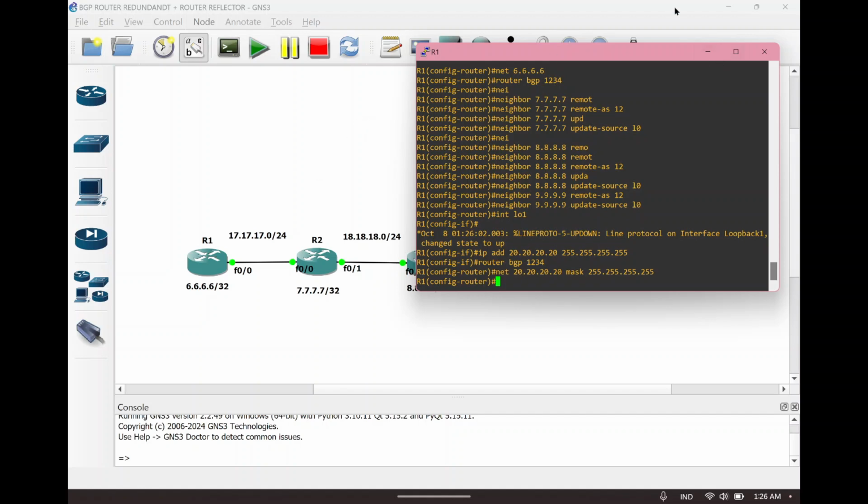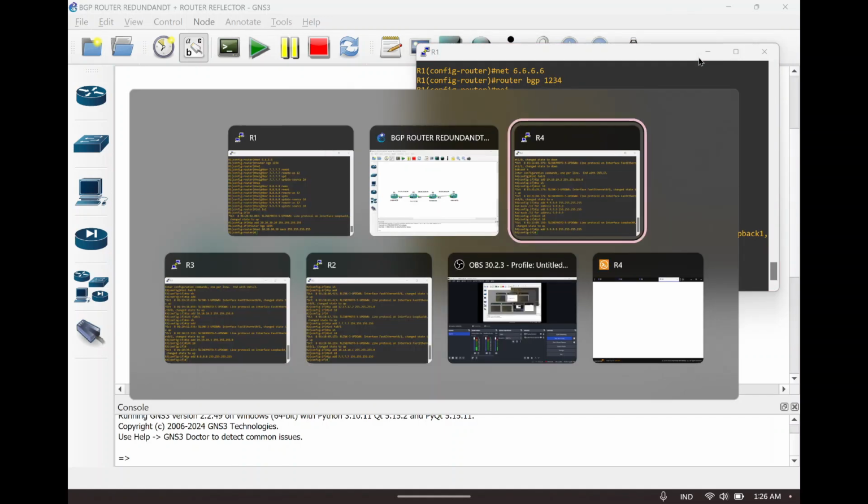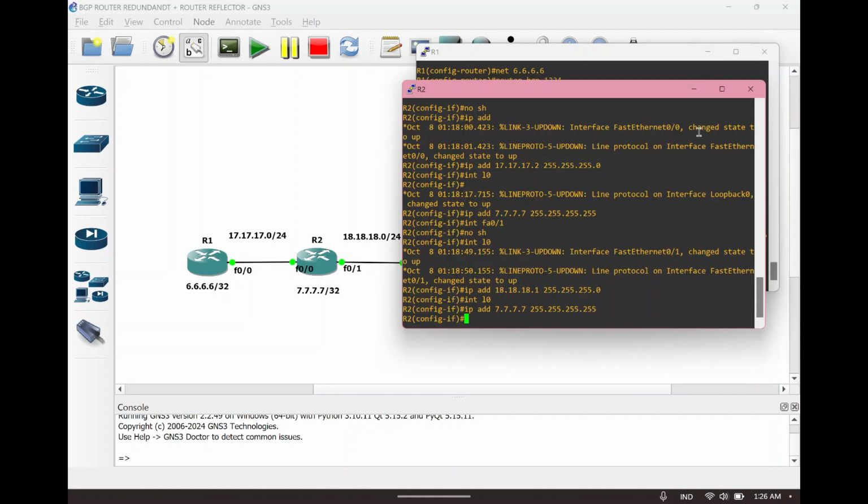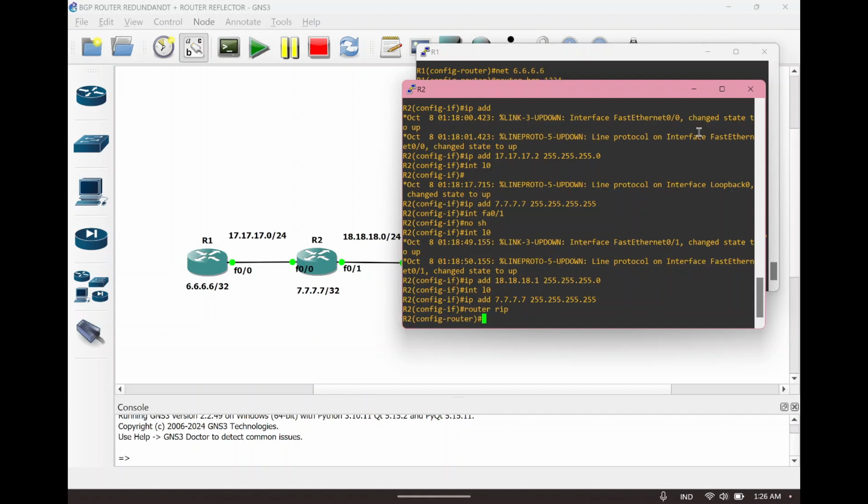So after that, we can move to router number 2 and make the configuration the same as router number 1. Then there is no difference.